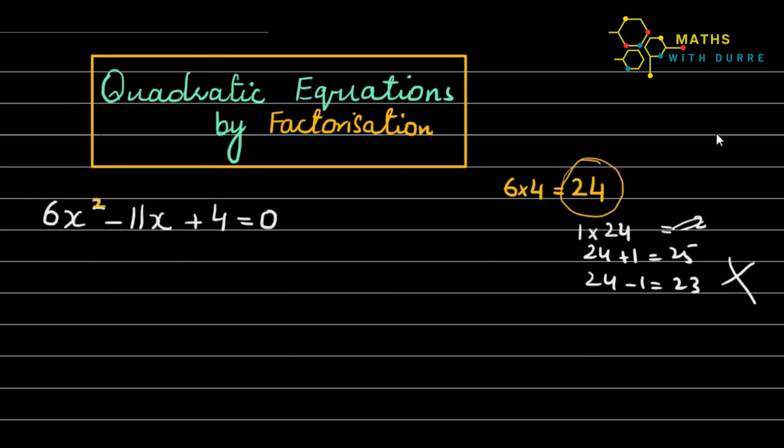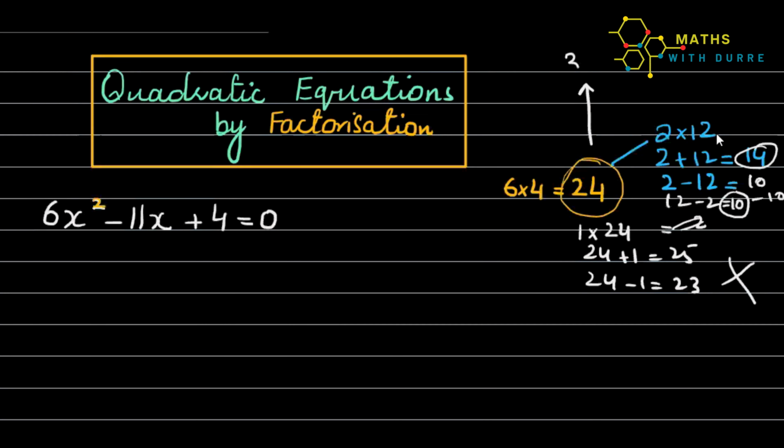Okay. So I'll go with another factor and it can be 2 times 12. If we add both of them, the answer is 14, and if you want to subtract both of them, you will get 10, and in fact minus 10, either of them. Right? If you do 12 minus 2, definitely you will get 10. All right, so it means 10 or 14 is not your requirement, so we'll go with the next, 3 times 8